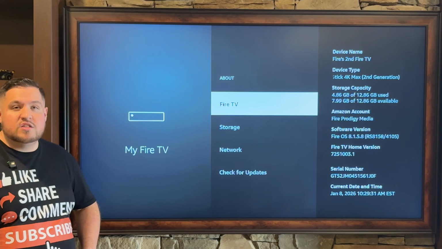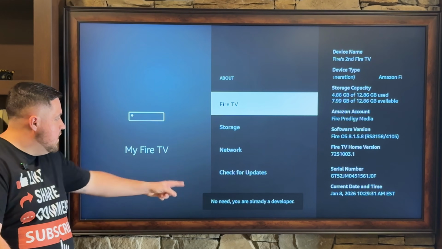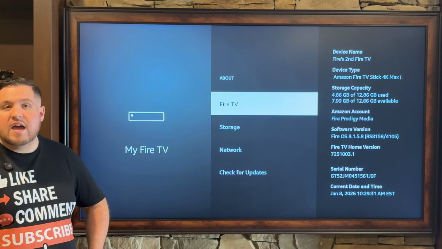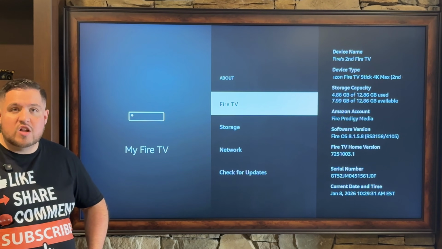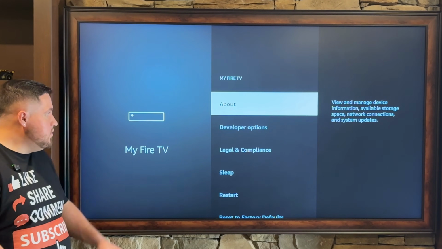This is how easy it is. Click the center button on your remote several times. Mine says no need, you're already a developer. But if you didn't have developer options, yours would say congratulations, you're now a developer. Now that you're a developer, we can hit the back button on the remote,